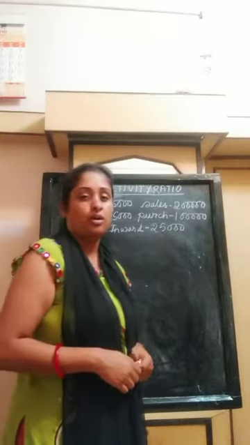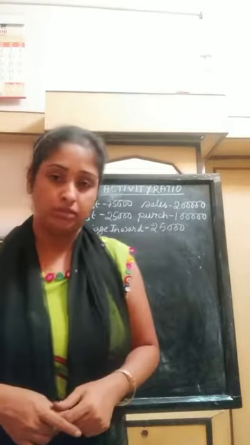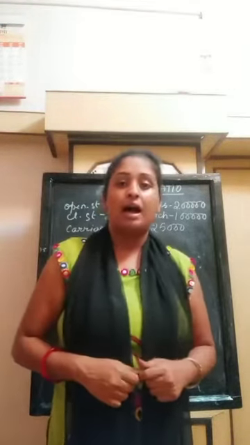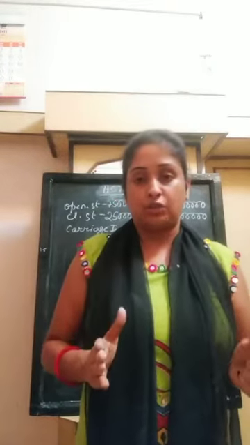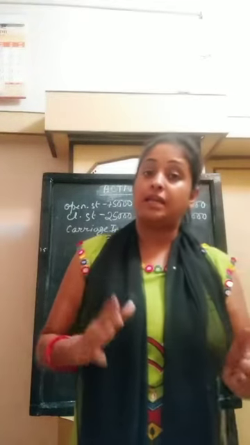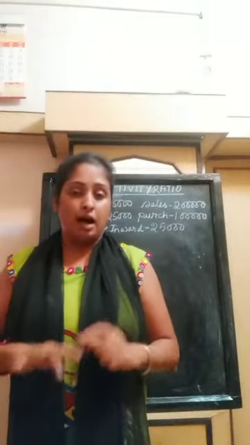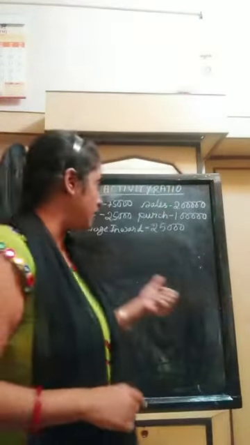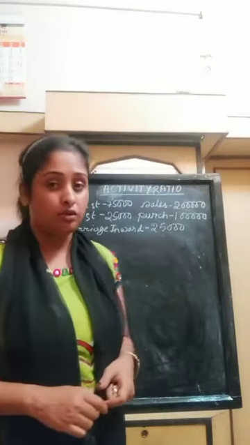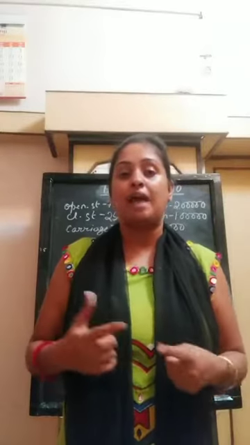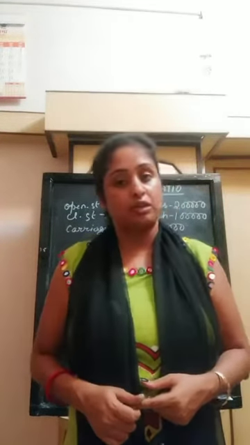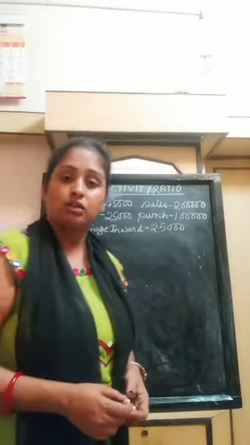Now, there are four main types of activity ratio, out of which today in this class I am going to explain two main types. The other two I will explain in some other class. Number one, which I am going to explain right now, is the stock turnover ratio. And the next one is the working capital turnover ratio. Now let's begin with stock turnover ratio.